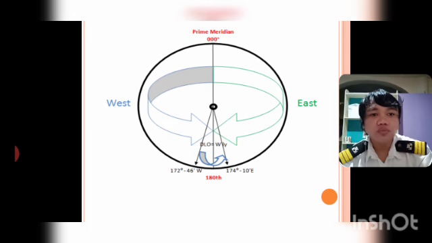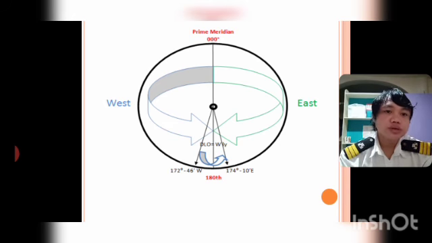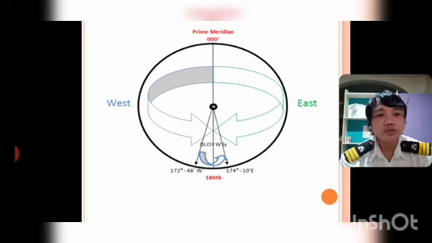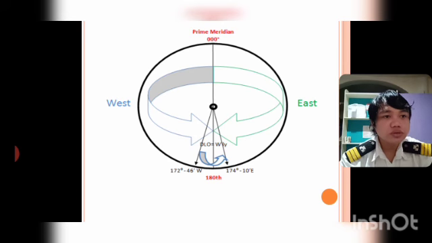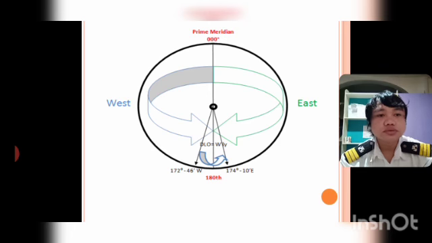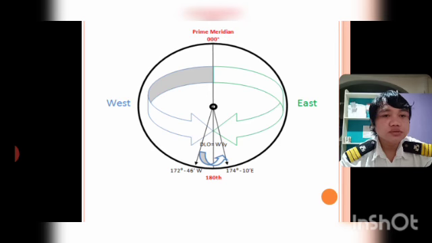Okay, so we have 172 degrees 46 minutes west, going to 174 degrees 10 minutes east. Both arcs from the sides of the prime meridian has 180 degrees. So it means that the combination of the two is a circle, and we have 360 degrees. Okay. So if we have this example, we should get the value of the remaining angle in order for us to obtain the shortest track.